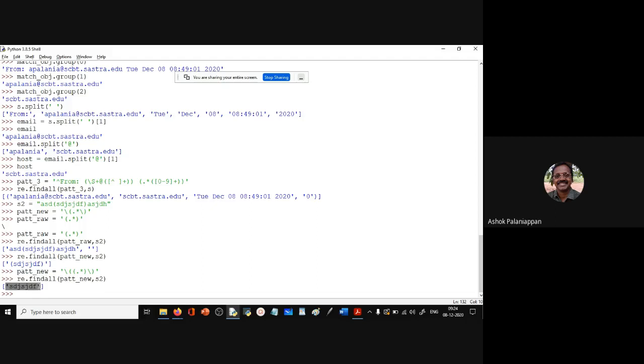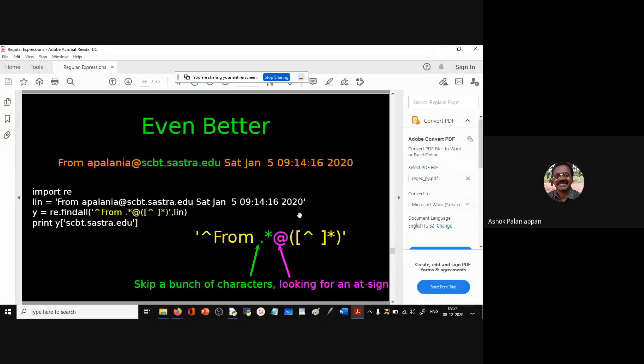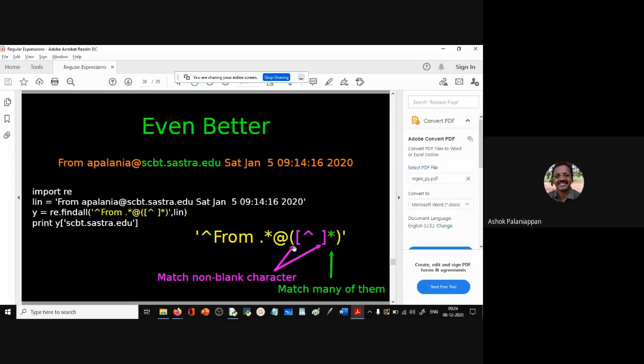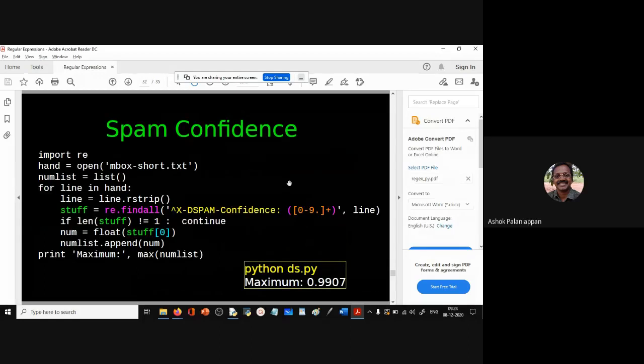All right. So there's so many things you can explore with this. I'm just using one example, and there's so many variations on this one example, isn't it? So only when we do this, we really understand the behavior of these regex patterns. Dot star is basically used to skip a bunch of characters. And by specifying parentheses, I'm saying start extracting and match non-blank characters, many of them, and then stop extracting here. So that should be very clear.